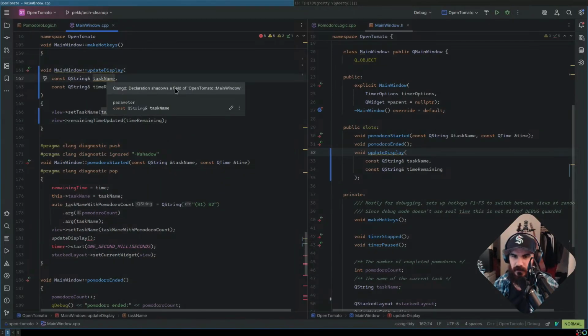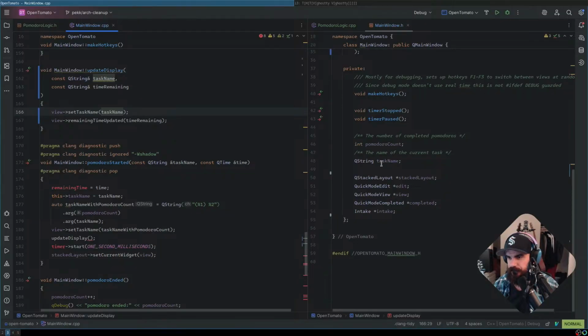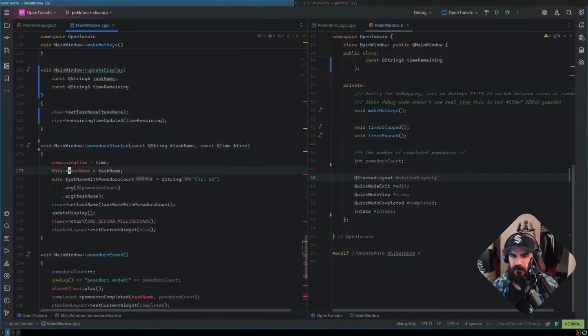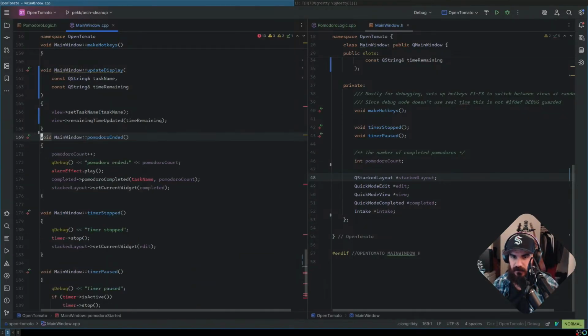Oh, yeah, it does shadow. But I'm pretty sure I can delete this task name, which means I can delete these pragmas. Oh, this is the function that I literally just moved to the other class. This whole function gets deleted.